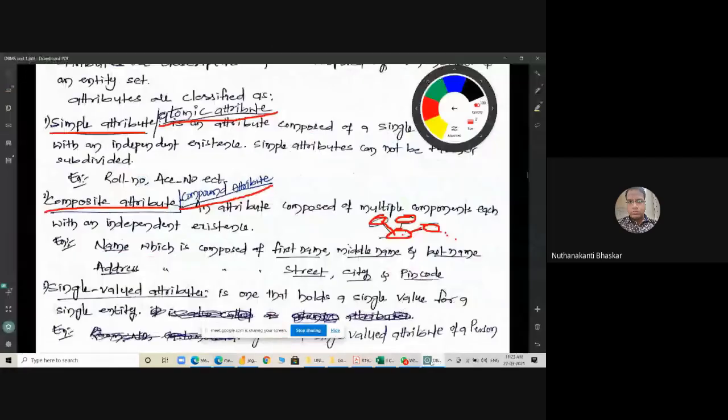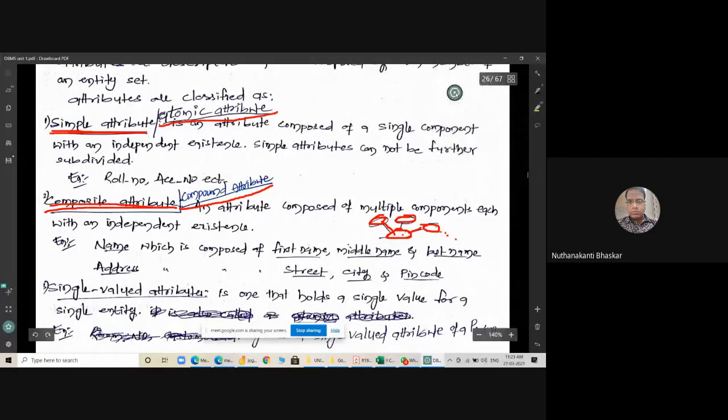Right. Now you know the composite attribute. Everyone understood composite attribute, right? Clear? Yes, sir. Now we can understand simple attribute. A simple attribute is not a combination of attributes. It is simple and direct. There is no combination of any attribute. So for example,